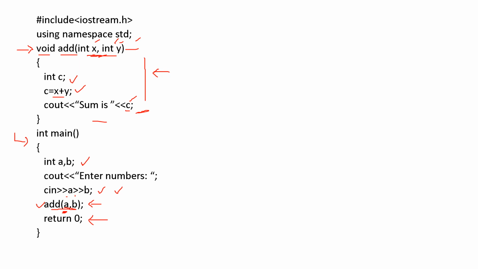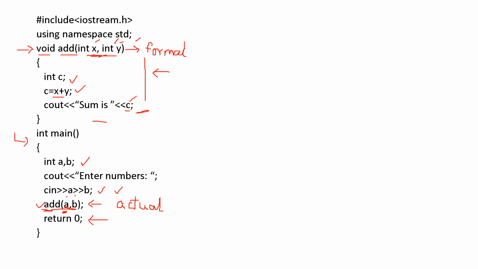The arguments in the function call in the main section are known as the actual arguments or actual parameters, whereas x and y are known as the formal arguments or formal parameters. So that is about actual and formal parameters.